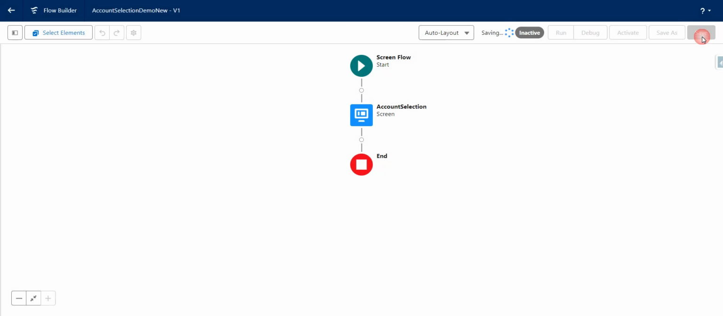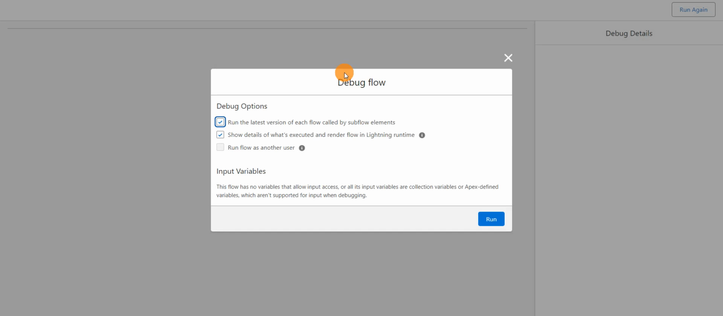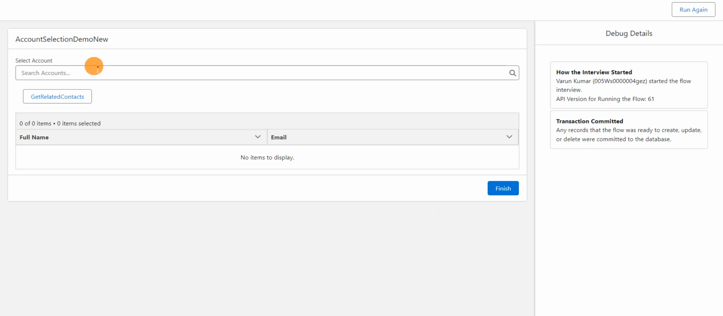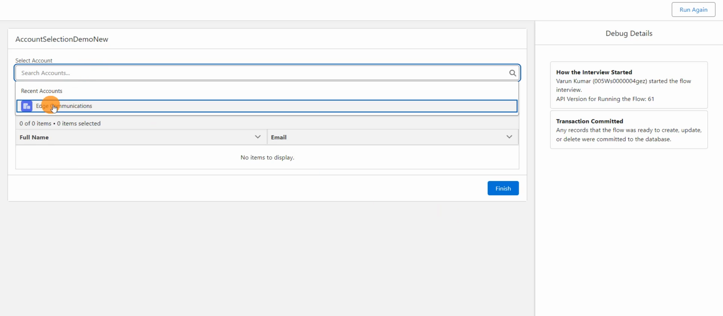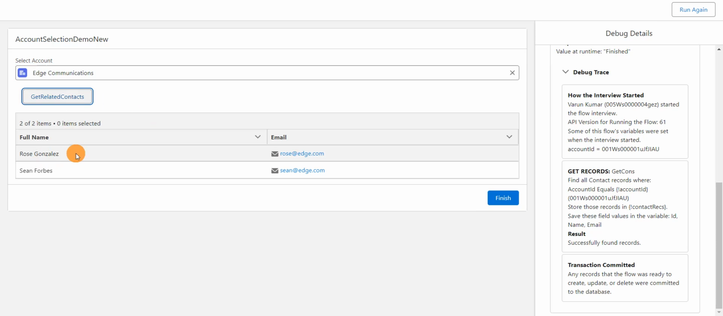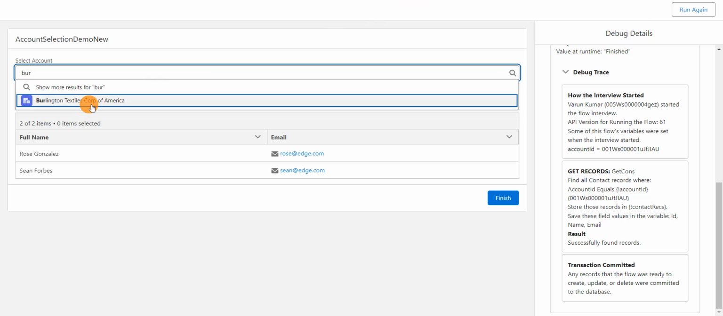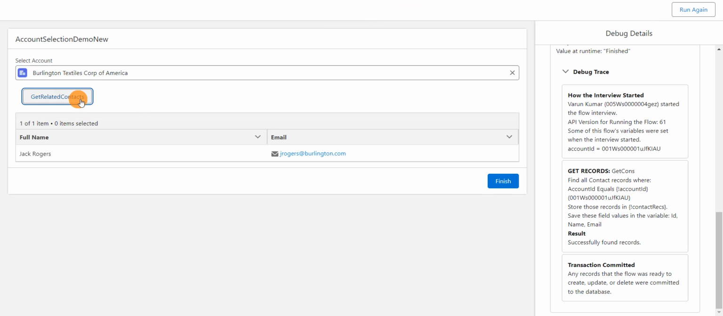I'll save this. I'll activate this, and I'm gonna click on debug, click on run. So here I'm gonna select Edge Communication, and I'll click on get related contacts. You can see these are the two contacts, and I'll just close this, and I'll select another account, and I'll click on get related contacts. You can see